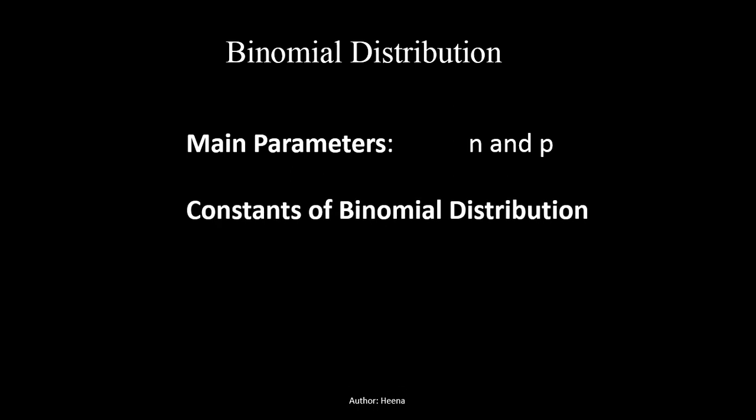Constants of binomial distribution are the mean, that is n into p. We can calculate the mean in binomial distribution by multiplying